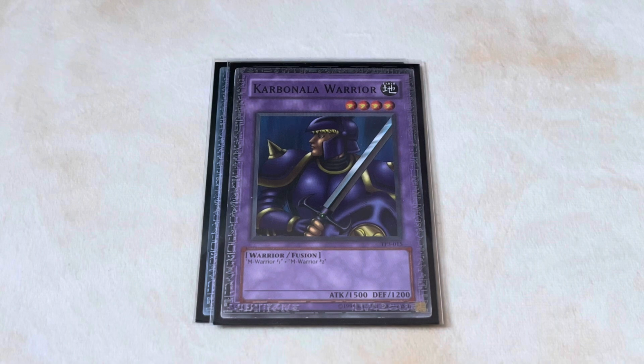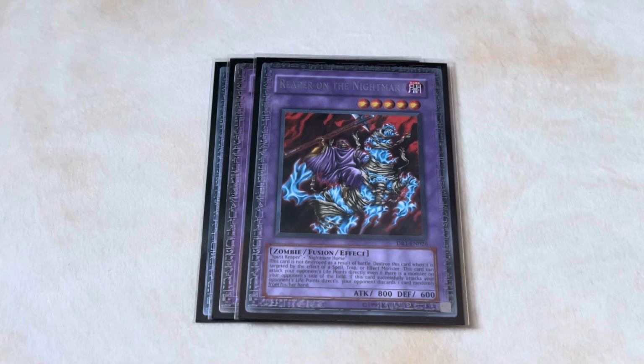And then for the final fusion monster, we play 1 Reaper of the Nightmare. This card's insane. It's literally Spirit Reaper, but it can attack directly. It's a level 5, so that means you have very, very easy access to level 7 and 8 synchros. And then this is pretty much always going to be like your main Book of Life target as well, especially early on in the game,